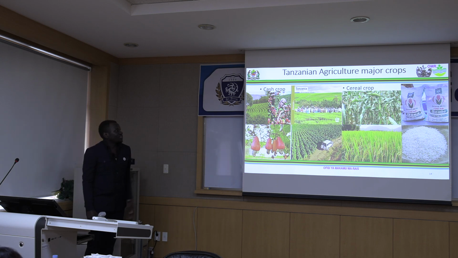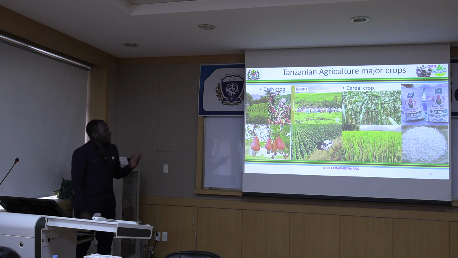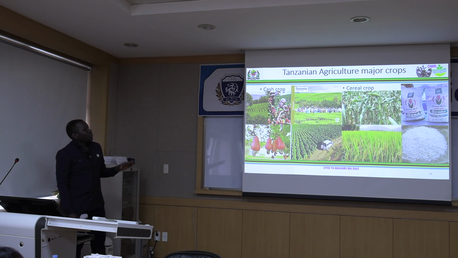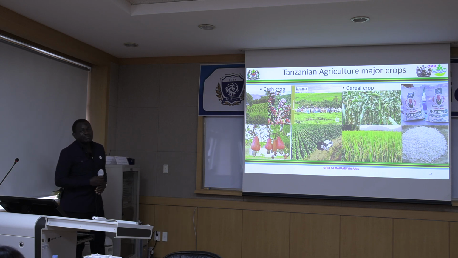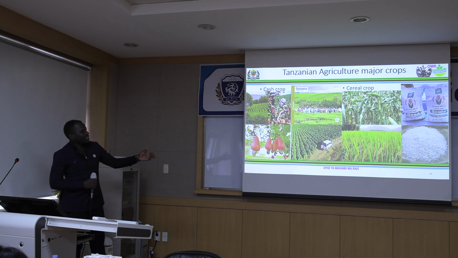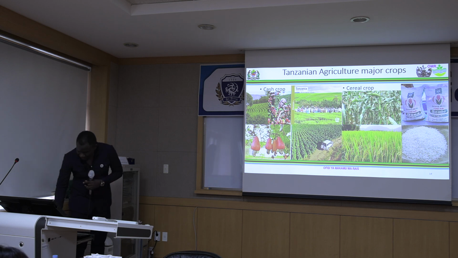Then the second picture is about cereal crops. The first one, you see maize. That's how we are producing in Tanzania. Then the end product, we get this maize powder like dona and sembe, which we use as, I showed you in the picture, stiff porridge, as a food we consume. The last picture is about rice production, which we are producing a lot. As I said, we are feeding more than 7 countries along East Africa.